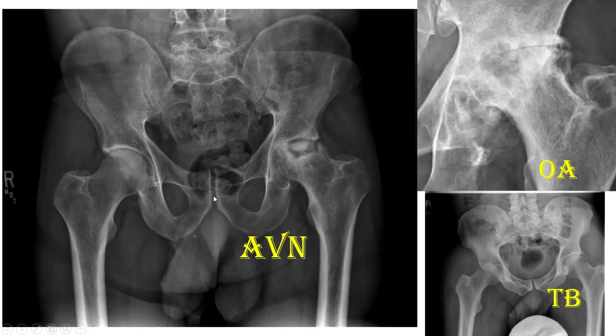For radiological examination, you have to know what the normal hip is. See, this is the normal congruity of the femoral head, and this is the normal circular structure. This is the normal bony trabeculae. This is the normal joint space. This is the medial teardrop. And when you are assessing any hip X-ray, you have to assess the obturator foramen. If it is equal, then you think there is no rotation.